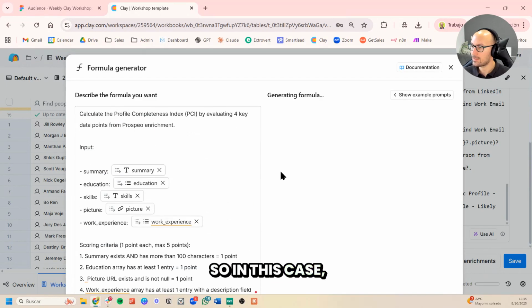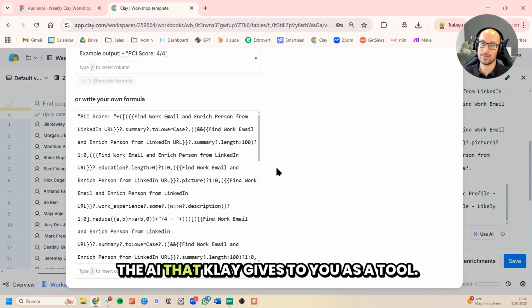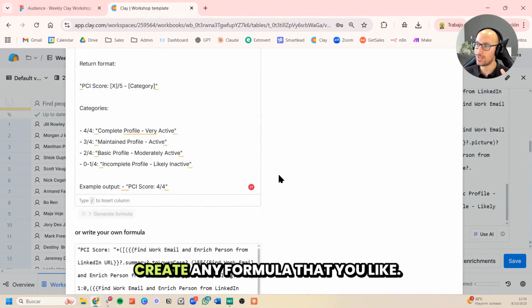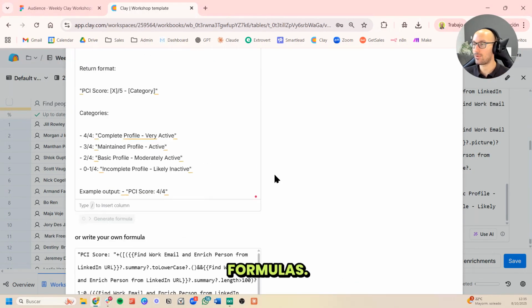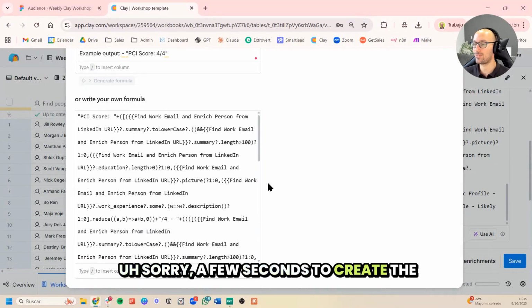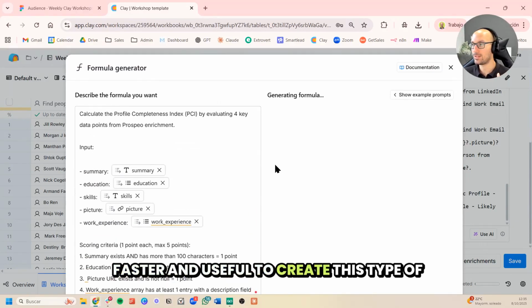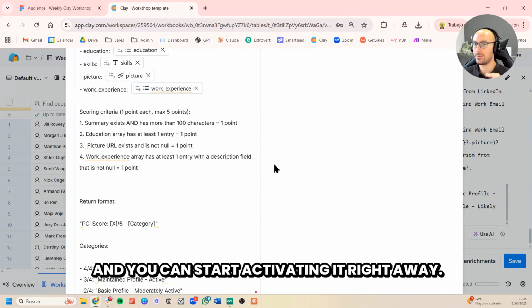In this case, the formula will be regenerated using the AI that Clay gives you as a tool. So you can use this same feature to create any formula that you like. It can take a few seconds to create the formula for you, but it's going to be way faster and more useful, and you can start activating it right away.